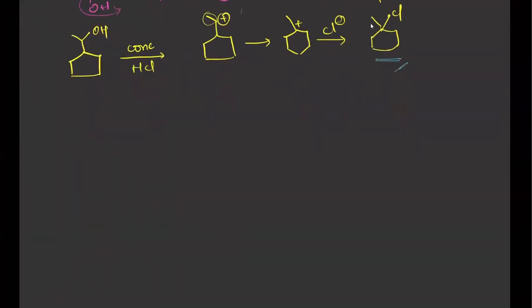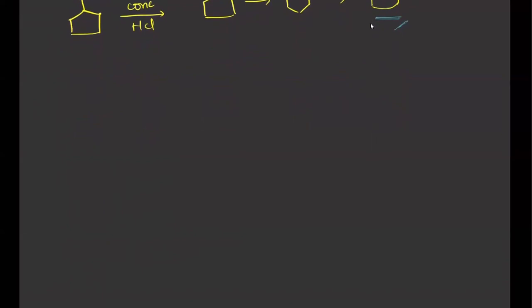So let's check out the Lucas test that is going to be telling which alcohol we are actually using to make these RX compounds. So, Lucas test. This one we're actually going to discuss in the alcohol topic, but just now in a small way we are going to quickly see the topic. Lucas test requires Lucas reagent. Lucas reagent is this one, anhydrous ZnCl2